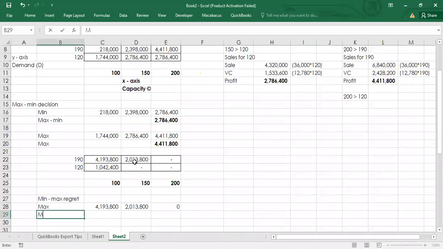The minimum of this is 0. So if it's a 0, then I'll choose that. That will be the 0 regret, and therefore